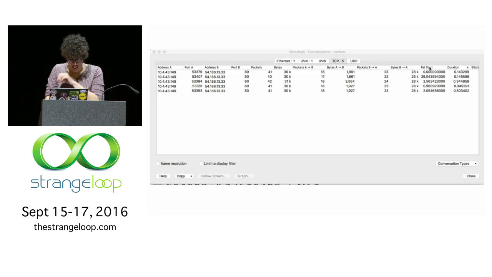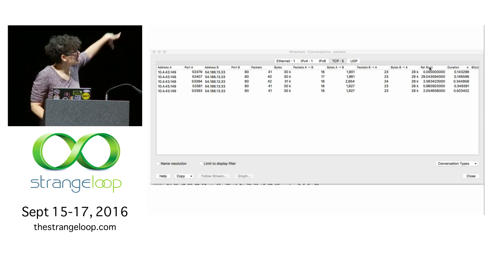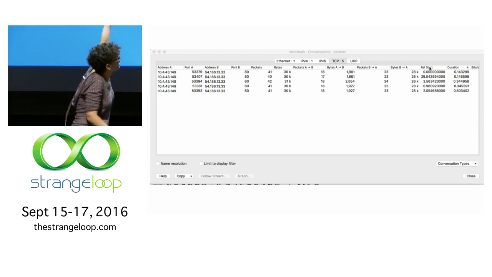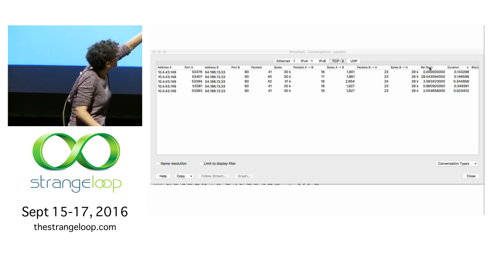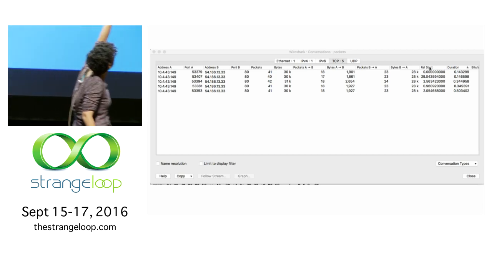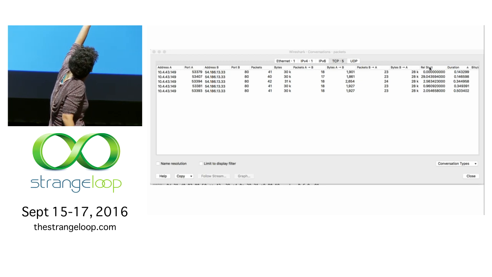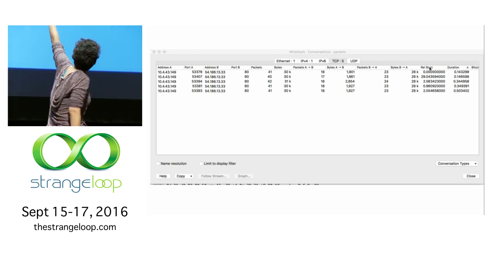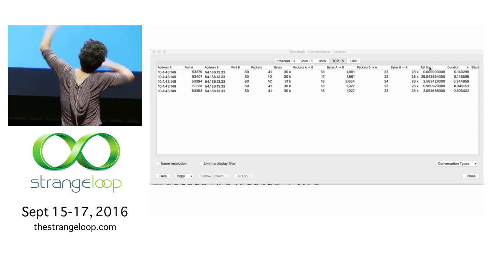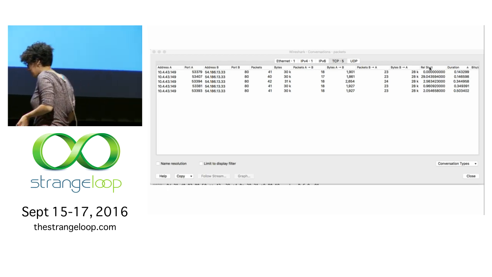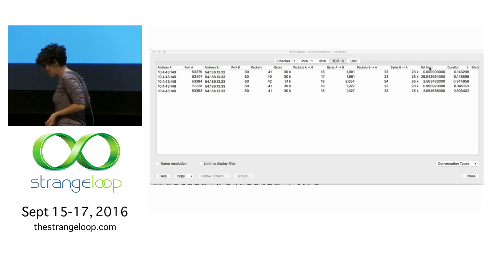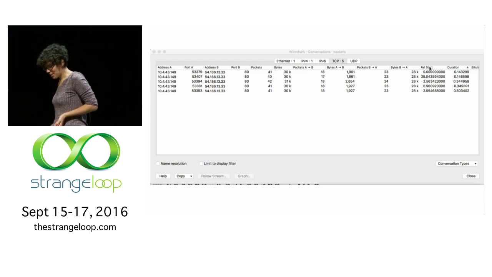This is a neat thing you can do. If you click on statistics and conversations, this is the worst screenshot in the universe, and I'm sorry, but all the way on the right here, there are these numbers that tell you how long the whole request was. So that one took 0.5 seconds. I like to sometimes download a PCAP file and say, Wireshark, please tell me how long everything took. And then the slowest thing was like 3 milliseconds. And I'm like, oh, everything's fine, I get it. My other metrics thing was wrong.